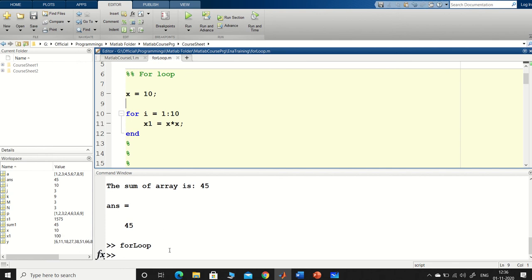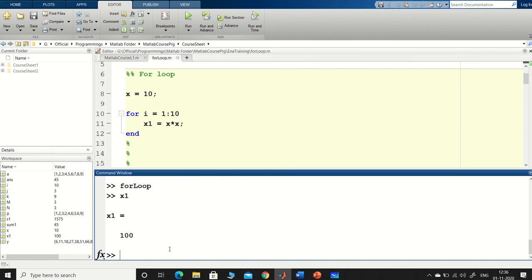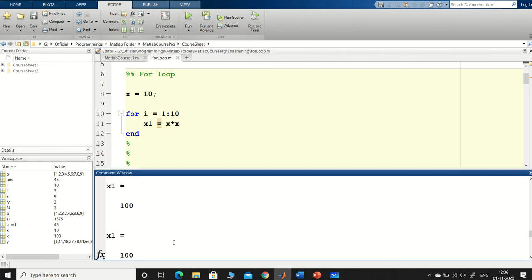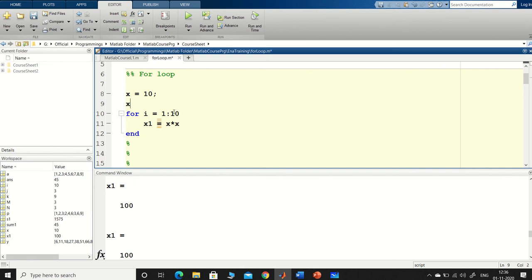So you can see that x1 will be having 100 value. Now if you remove this semicolon, it will print 10 times. So see, 100, 100, each time 100 is coming. Now our aim was to understand that x1, if I would have started with an empty array, then this x1 would have stored all these values together.